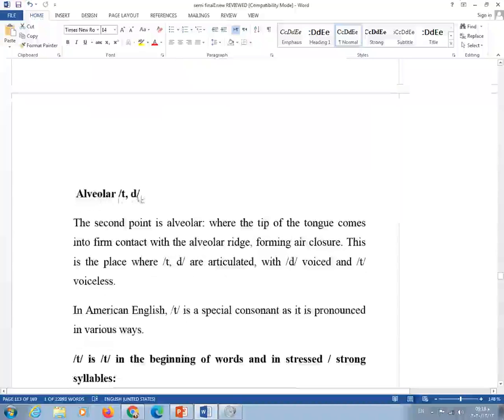مالهم بقى بيتنطقوا منين؟ When the tip of the tongue comes in firm contact with the alveolar ridge. You know the alveolar ridge? The alveolar ridge is the area that follows the upper teeth, the first part of the roof of the mouth, and here forming air closure. And this is the place where ch and j are articulated, with j voiced and ch voiceless. Okay, ch and j, ch, voiceless, no voice, no vibration, ch,